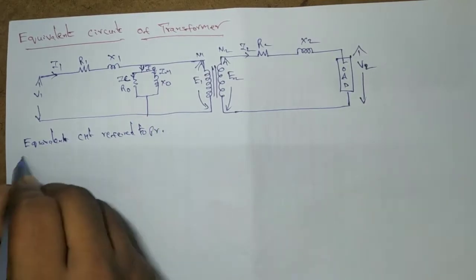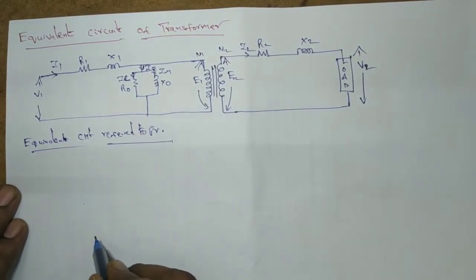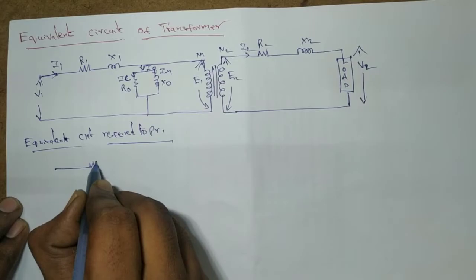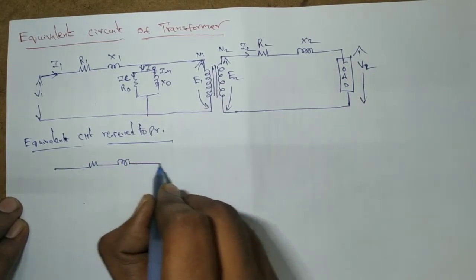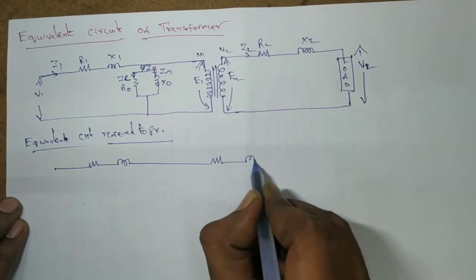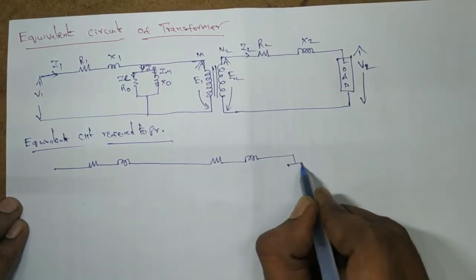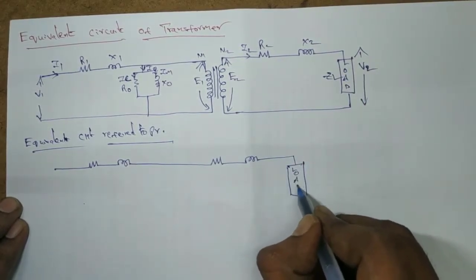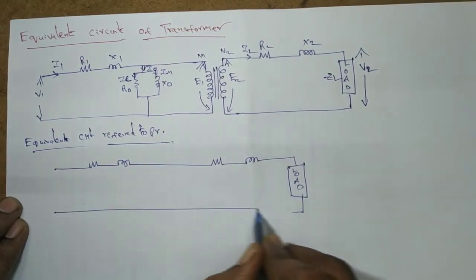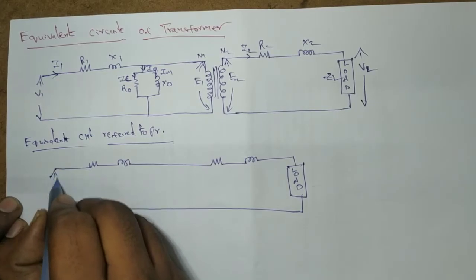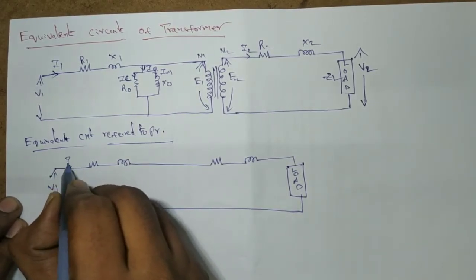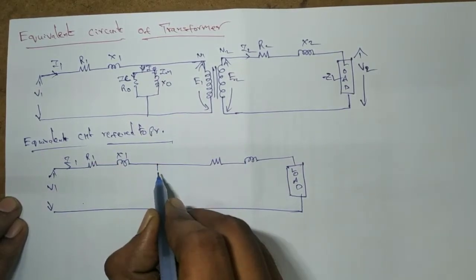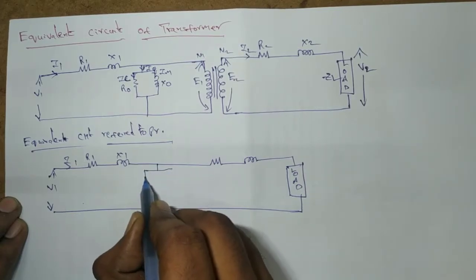So for this, let us consider equivalent circuit referred to primary. So there will be no secondary winding, only one winding is there, that is primary. So all the parameters also shifted to the primary side. So let us consider R1, X1 and R2, X2 also shifted to the primary, and load is also shifted to the primary. So let us consider load of ZL. That ZL, if shifted, will become ZL dash, and supply side V1 is common, I1 is also common, R1, X1 are as in the previous diagram, and the no load component is also the same because it is on the primary side only.